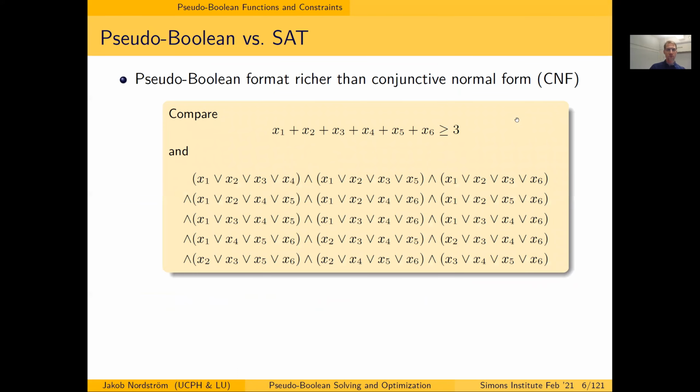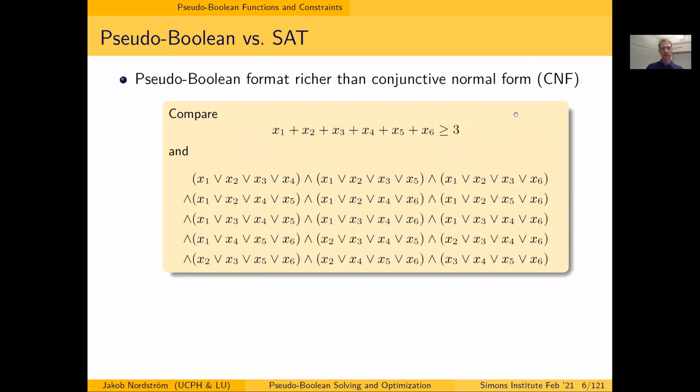So why would we do pseudo-Boolean optimization when we have SAT? After all, the name of the program is the SAT program. But we also want to go beyond, and one reason to go beyond SAT to pseudo-Boolean is that it's a richer format than the conjunctive normal form used in SAT. For instance, if I want to write down that the sum of 6 Boolean variables is at least 3, then in a pseudo-Boolean format, I can just write down this inequality. Whereas if I write it as clauses, then I need this big chunk of clauses